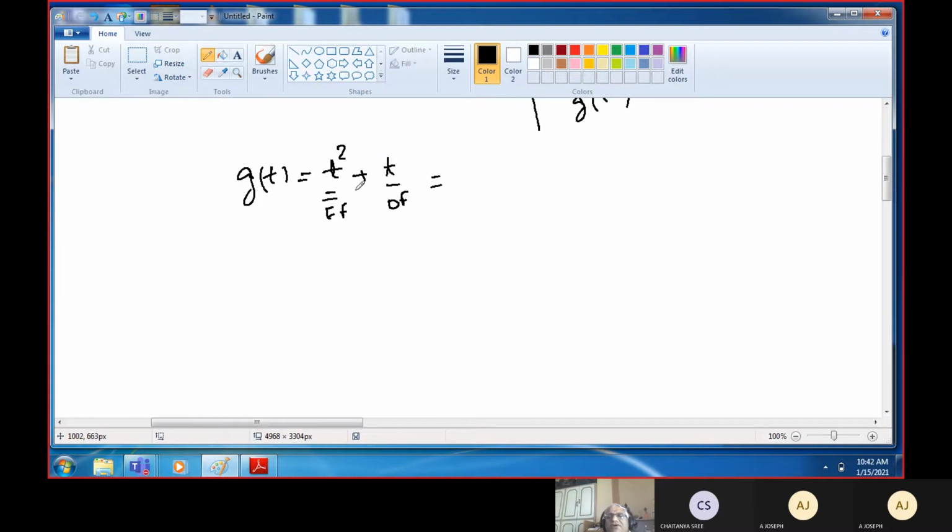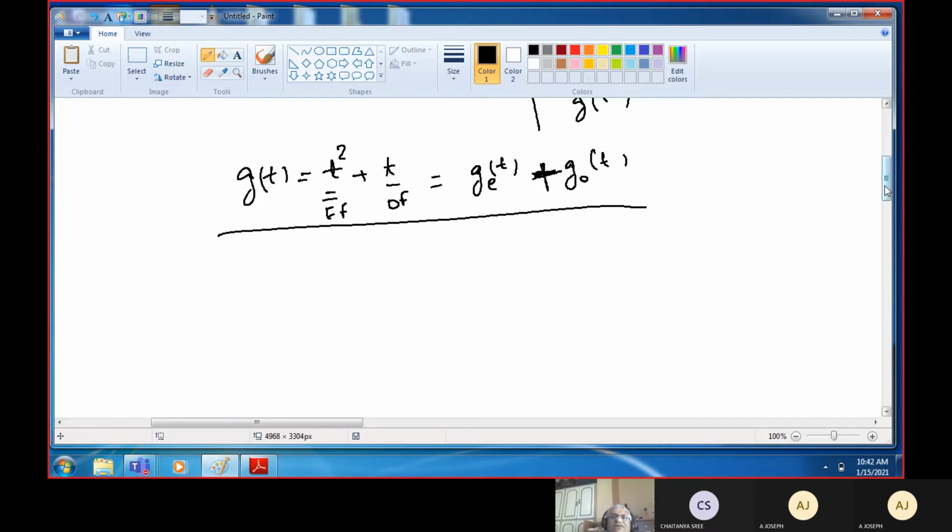Okay, and if you are able to separate both of them, then we can write g of t as the even part of g of t and odd part of g of t. We can write like this. Is it not? The even and odd are separated from this function and we can write it as even part plus odd part. So that is how we begin our understanding of the problem.